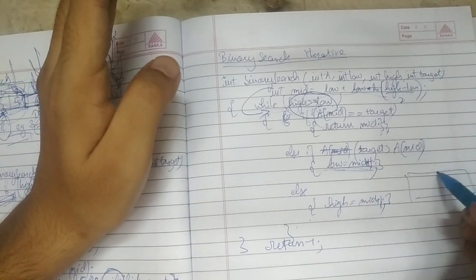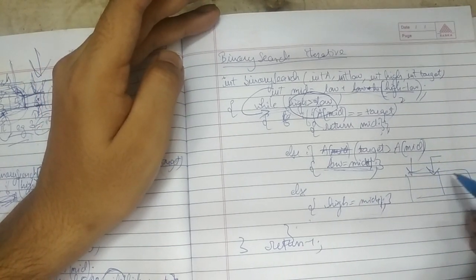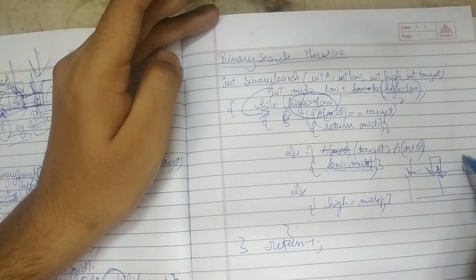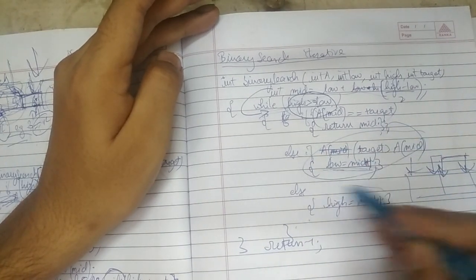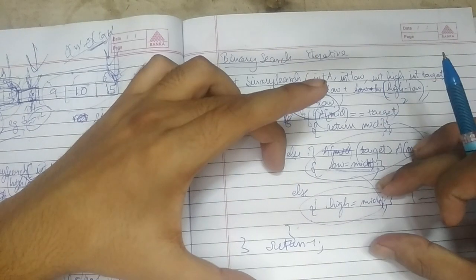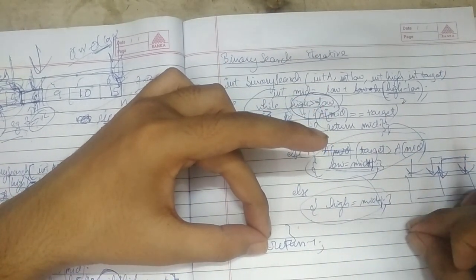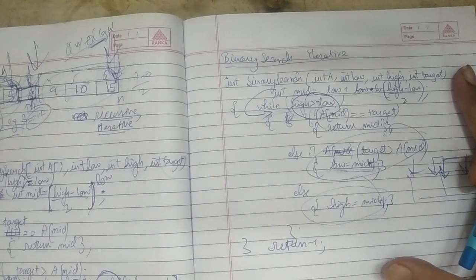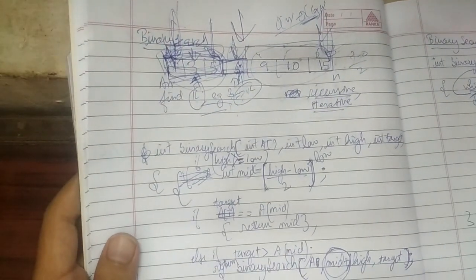This will be low, high, mid minus 1. Go to this side. If this is the case, then mid plus 1 to high, then go to this side. And if high is not greater than or equal to low, come out of this while loop and return -1. That means our search has been completed and we have not found the element in the array. So these are two approaches to binary search for searching an element in a sorted array.